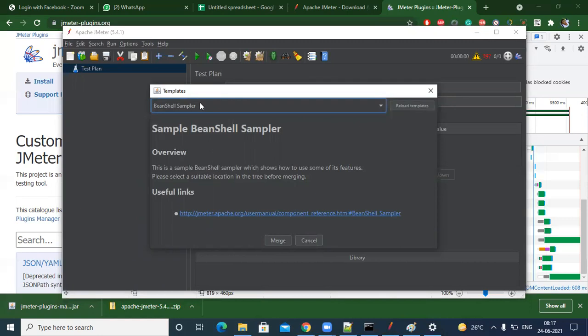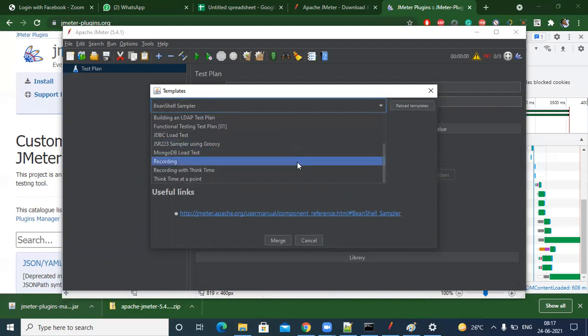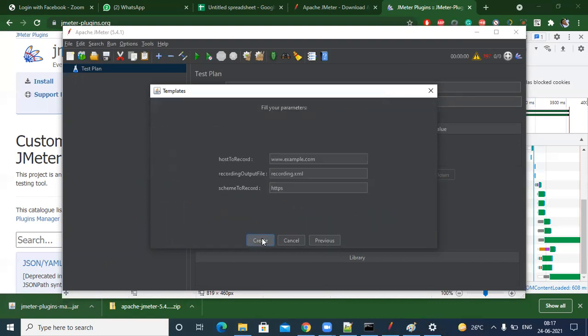Just click on the template here, and you can see recording. Click on create.